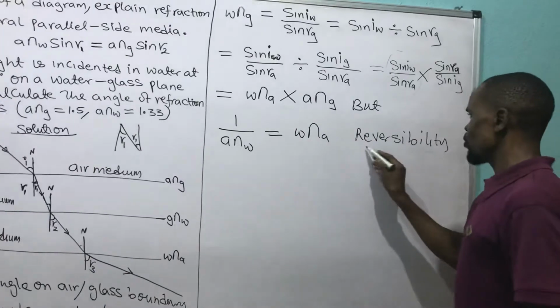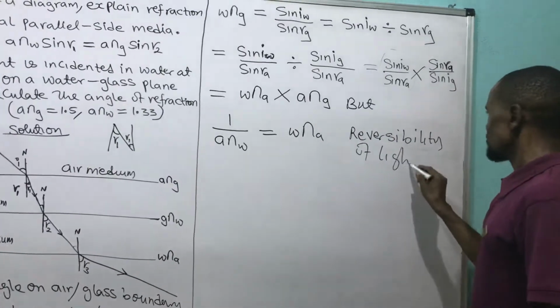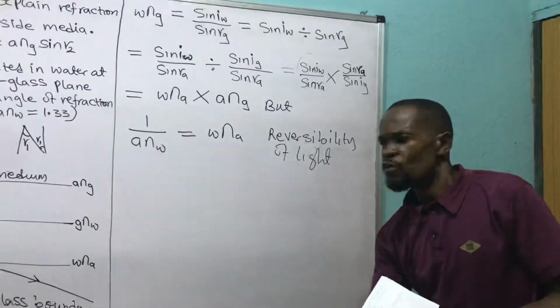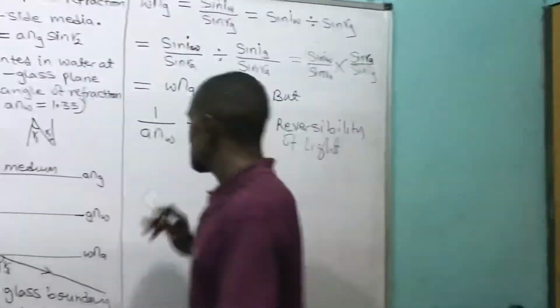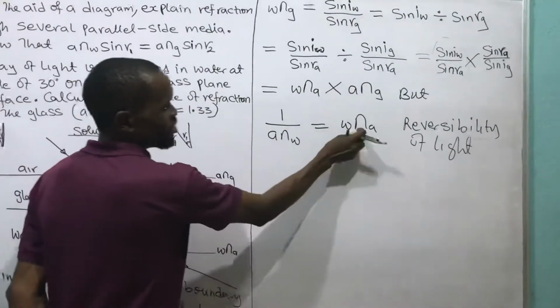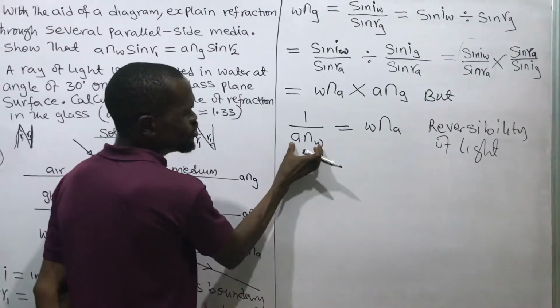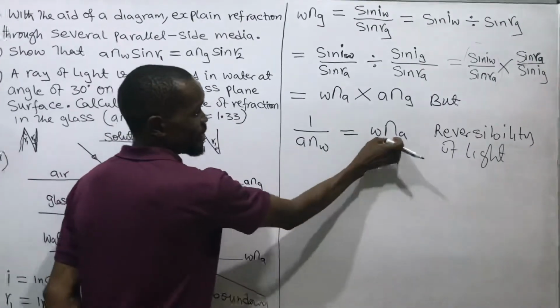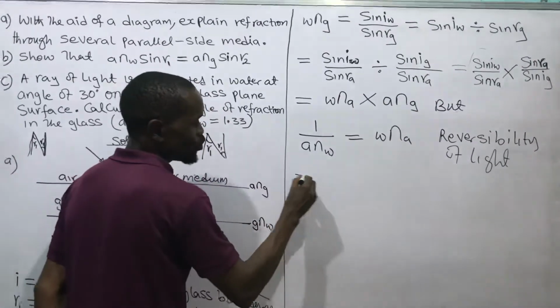Reversibility of what? Light. That light can what? Reverse. I can enter water, from water enter to air. That's the reversibility of what? Light. That this over this will give me this. Therefore, I can use this to replace this in this place. And this will give me